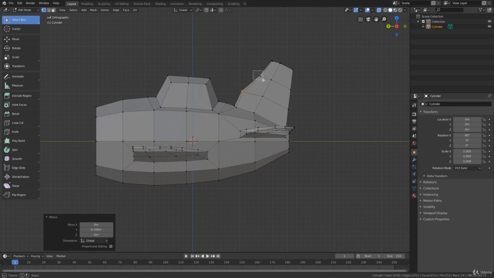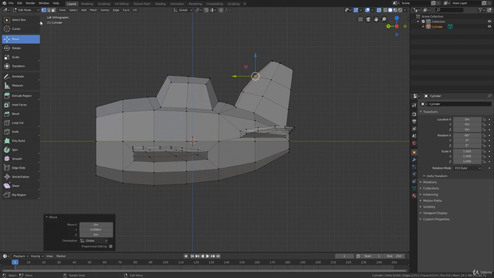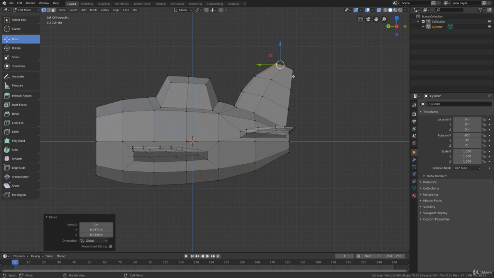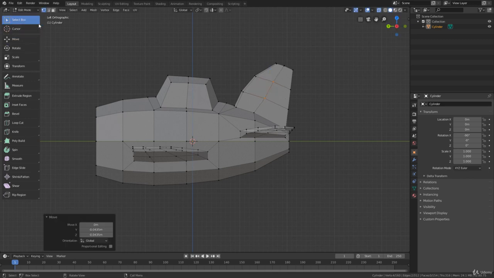Now let me select those vertices here and move them forward a bit on the y-axis. And now I can repeat this process until I find the shape that I want. Now I can move these 4 vertices back a bit to make this front part very round. Maybe I can move those vertices here to the center